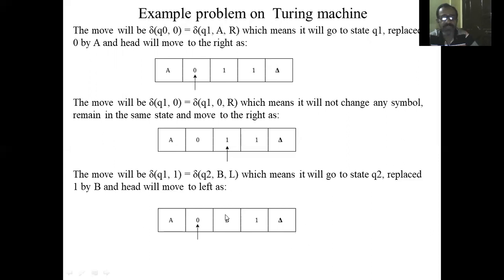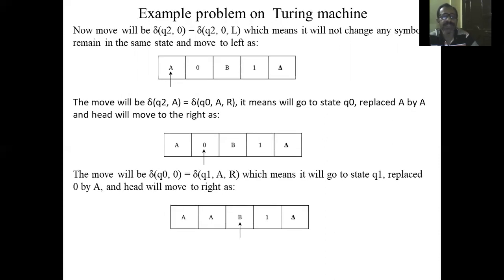So once 1 is replaced with B, simply instruct the machine to move left by one cell. If you move left by one cell, the machine moves to the previous zero. But we don't know whether this zero is the first zero from the left or not. That's why we perform another operation, going back until reaching the first unchanged A from the right, because the immediate right side of A may be an unchanged zero. So delta of Q1 on 1 is Q2 B L. Change the 1 to B and move left by one cell. The left side has 0.